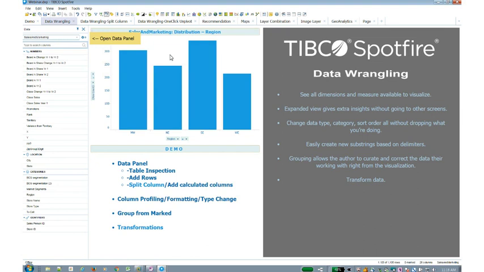Sometimes, well, not sometimes, reality is that data is never clean. So rather than having to always go back to IT to try to fix it, we can always leverage Spotfire to let that analysis continue while IT is trying to fix it, and you feed that back to them.